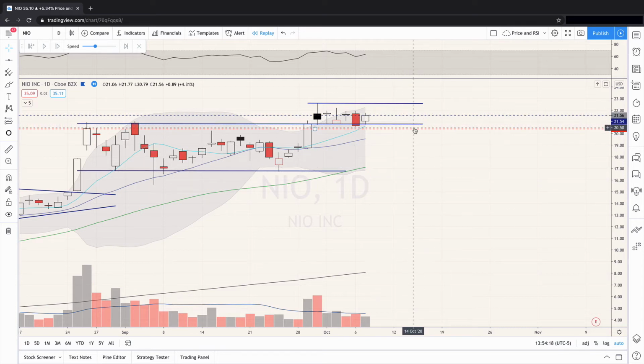Why do we have the stop over here? Because remember our time horizon here, we're swing traders. We want days to weeks. So I'm going to let this fall down, let's say to the 50 day, and consolidate down here and come back up. Maybe spend a month building a new base down here. That's not what I want to participate in at all. If you're an investor, maybe you do. As a swing trader, I want to be out of this if this doesn't move. So my stop is below the low of this consolidation, because if this moves out of this consolidation pattern, I'm going to be long. So that's the simple logic we're imposing on price action.